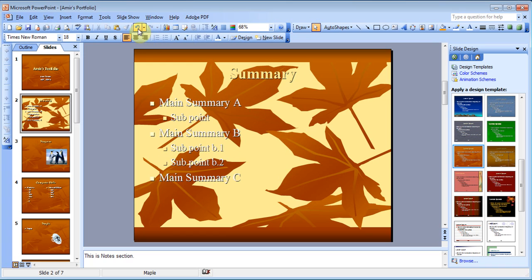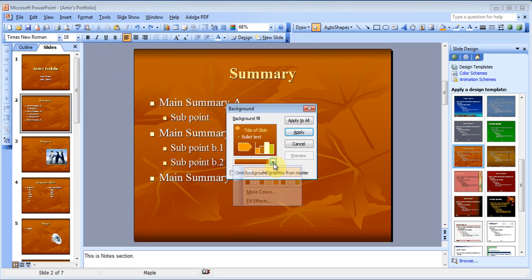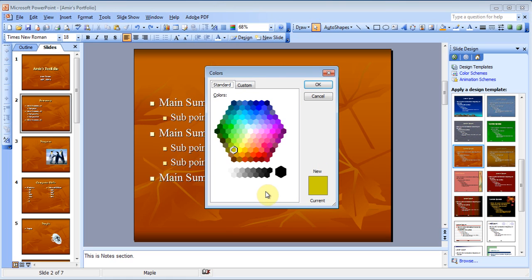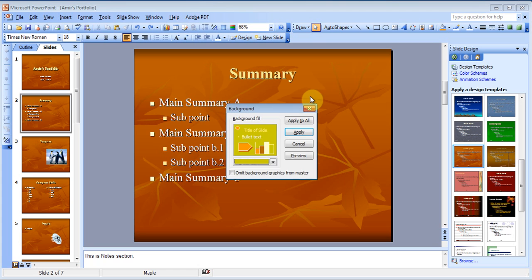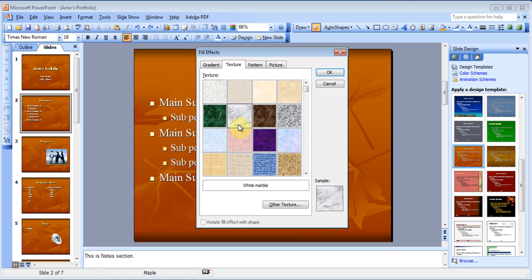I can hit undo. If I go to format, background, and choose a color and apply to all, it will change all the slides. That's the difference. And there are some more options here, like more colors to pick from. Or you can go to fill effects, where you can choose certain mix colors, gradients and things like that, and vertical styles. There are options for textures and patterns,